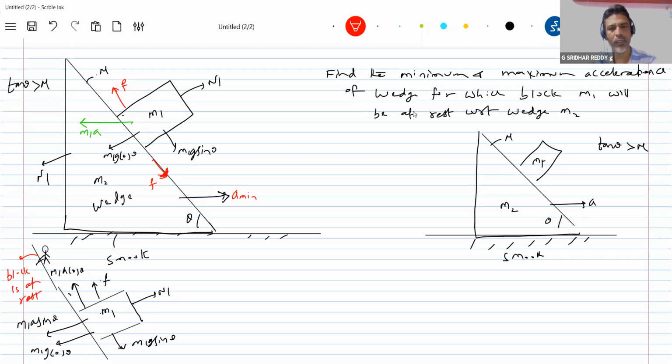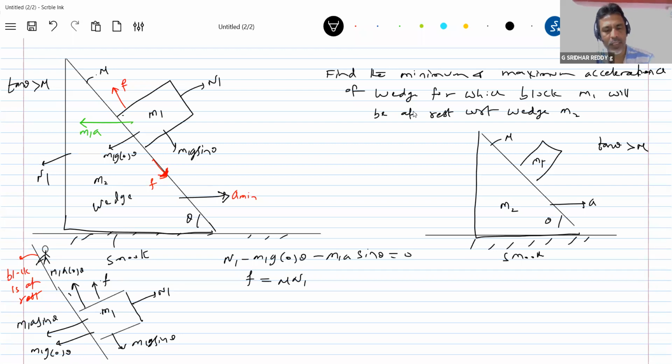So write down the forces along the incline and perpendicular to the incline. First, perpendicular to the incline: N1 minus m1g cos theta minus m1a sin theta equals 0. The friction should be equal to mu N1. Then along the incline, m1g sin theta minus m1a cos theta minus f equals 0. Substituting this,